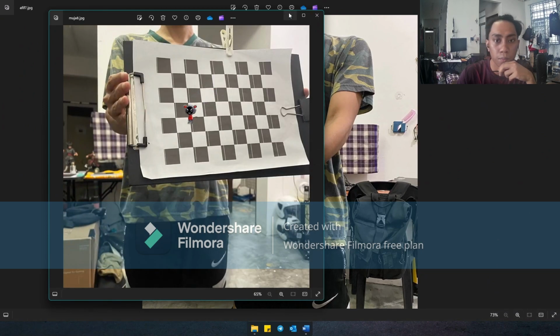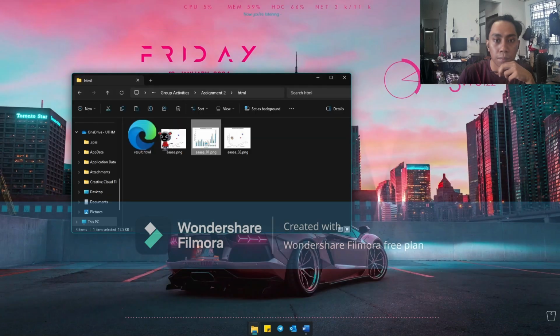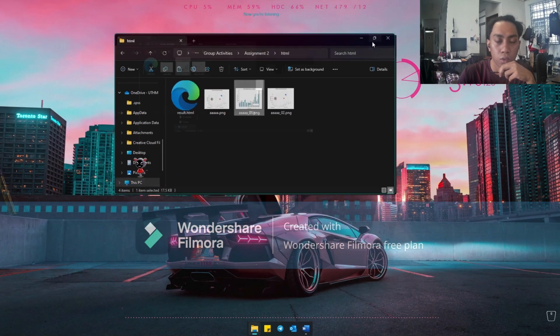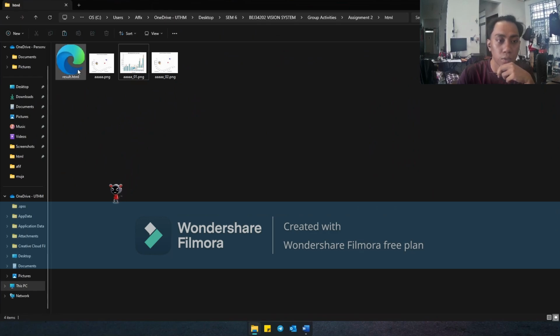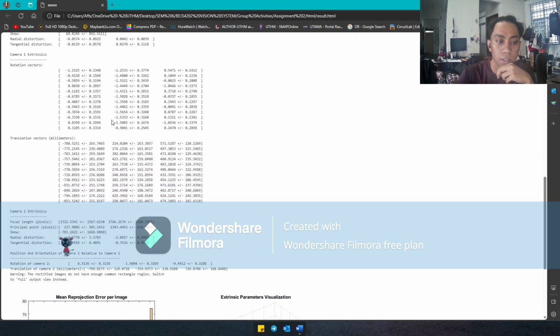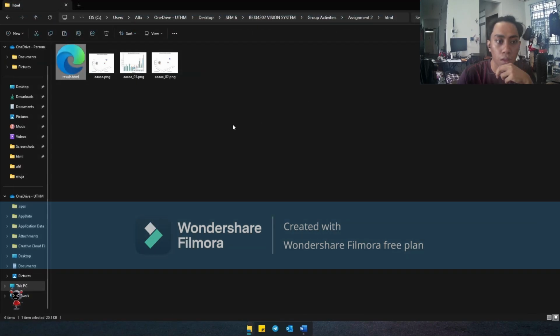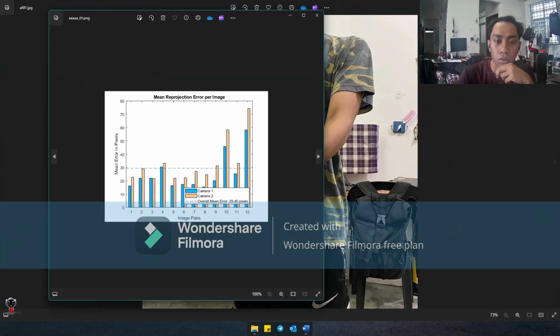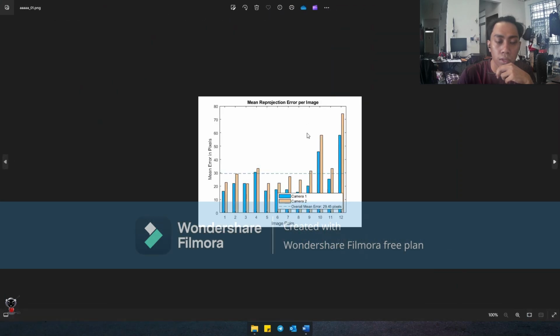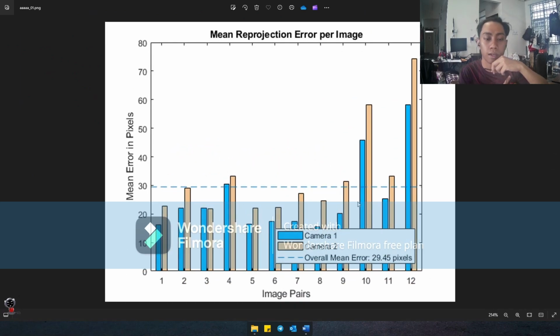By using MATLAB, all the results are published and transferred into a single folder, which is here. In here we have the results: all the extrinsic and intrinsic parameters, and also the mean reprojection error per image. Based on this result, the mean error in pixels is around